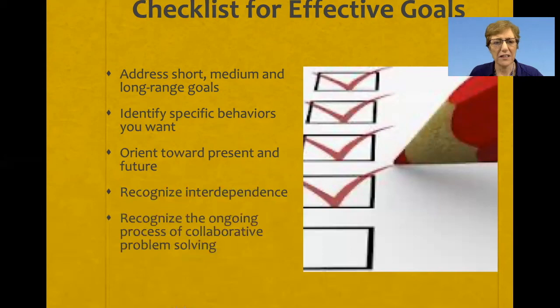And then finally, recognize that there's an ongoing process with collaborative problem solving. And so you may come up with some ideas and then come up with some more later, because every time you have a conversation, you're exchanging more and more information. So you're putting more knowledge into the pool of information available for you and the other people that you're trying to negotiate with. So in sum, the goals are really important to identify and articulate, to make really, really clear.